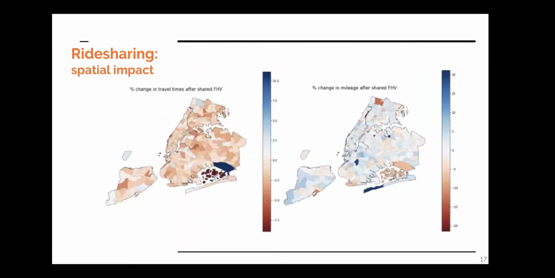Also, impacts are pretty heterogeneous across space. So in most areas, we see travel time decrease. However, in some areas, like, for example, JFK, we actually see a travel time increase. Interestingly, why would that be? Well, because in this case,